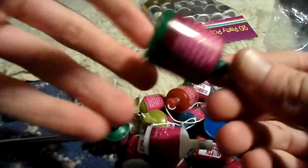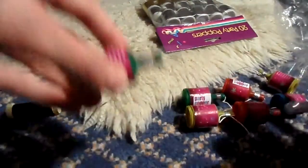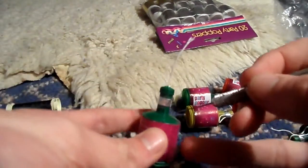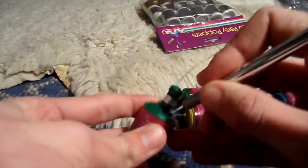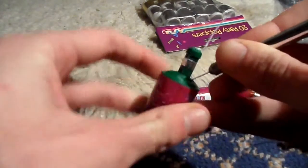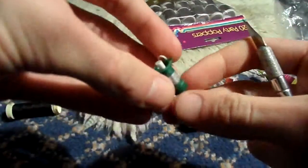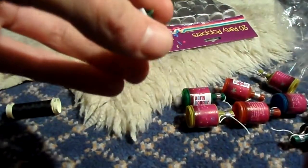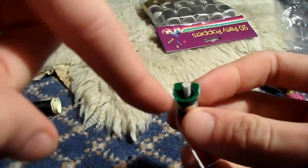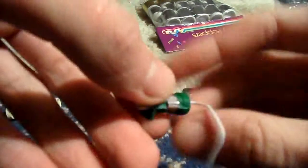These came from Pound Shop, and what you need to do is get a sharp knife and carefully cut out the top section. So when you've cut out the top section, being very careful not to cut the gunpowder packet, you then need